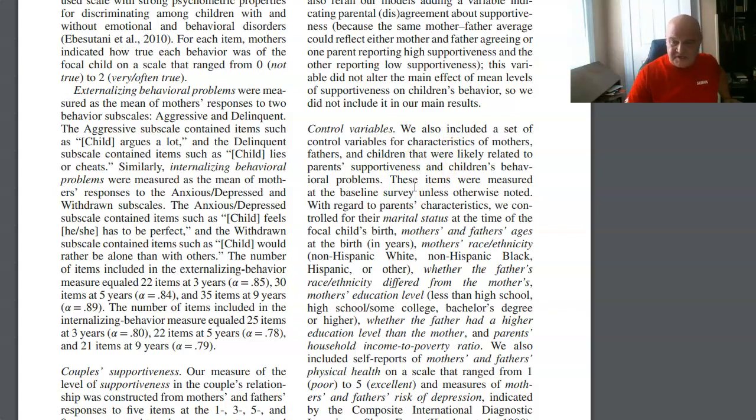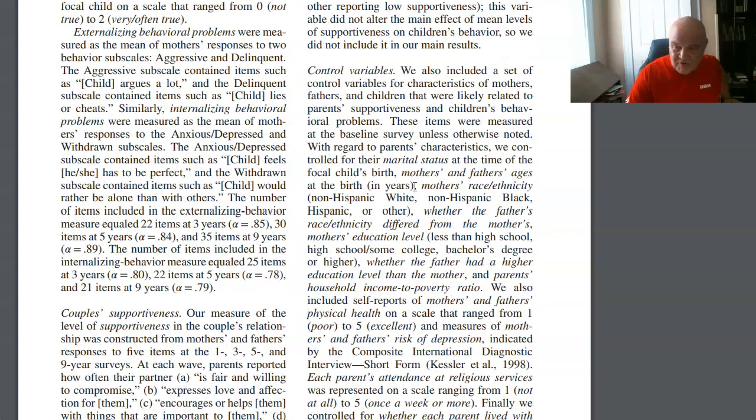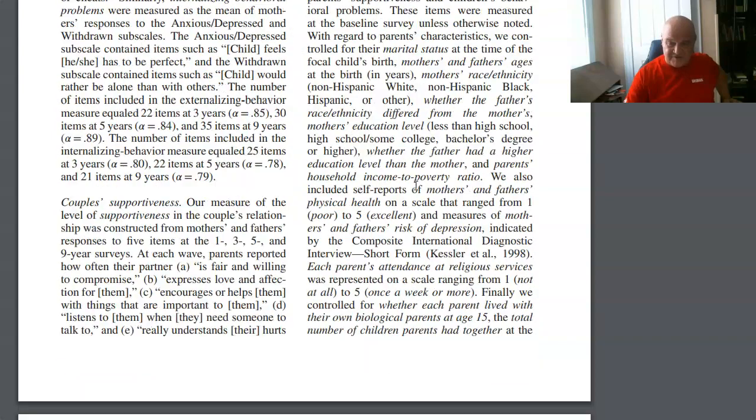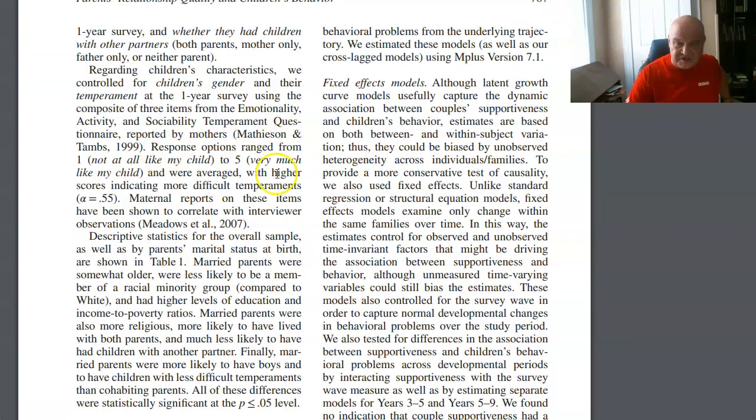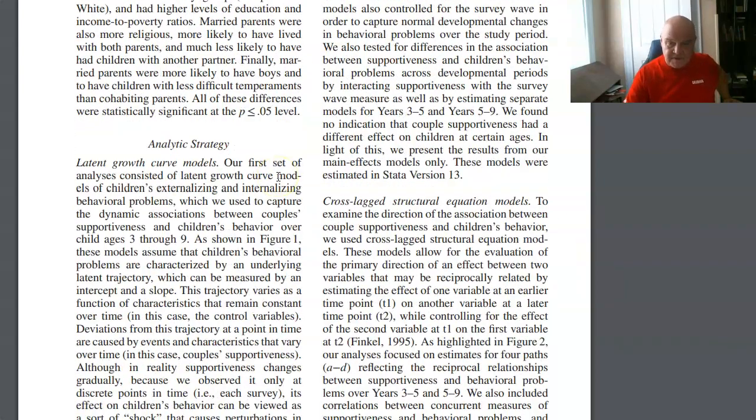What they do is these are things that remain relatively unchanged over time, right? How wealthy a family is, race of family, et cetera, okay? We control for children's gender and their temperament, all right? So, okay, you're going to then read a lot of